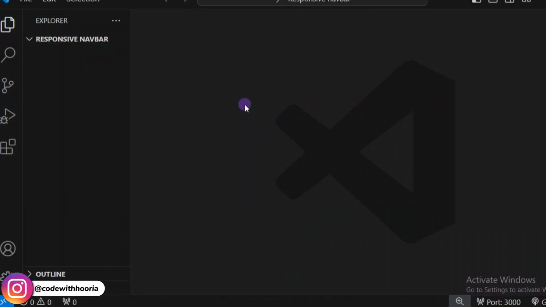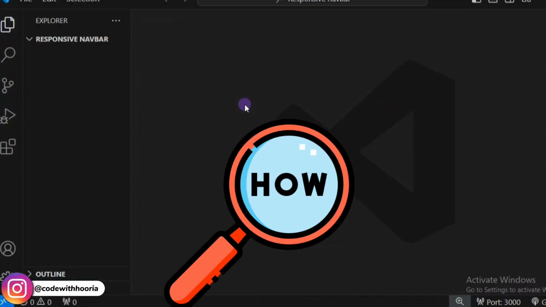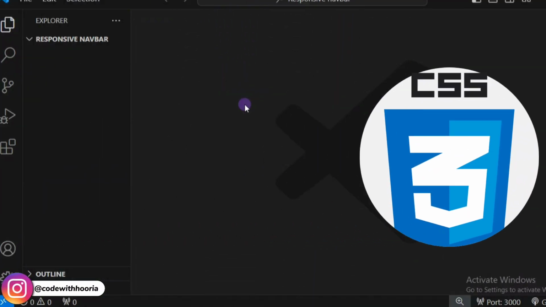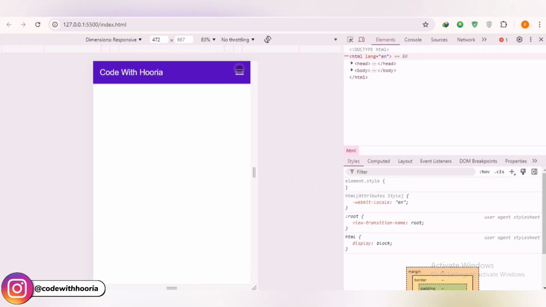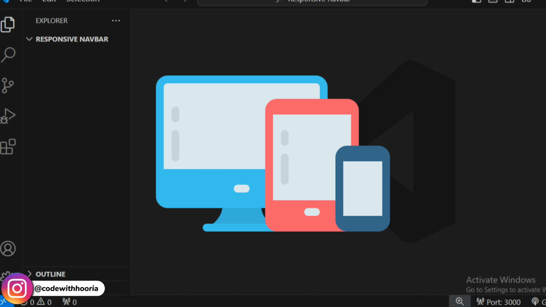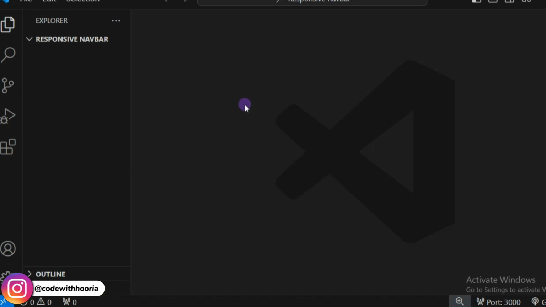Hey everyone, in this video I'm going to show you how to create a responsive menu bar using just CSS. We will start by building a simple navigation menu and then transform it into a fully responsive design that works beautifully on both desktops and mobile devices. Whether you are a beginner or looking to polish your CSS skills, this tutorial will guide you through the process